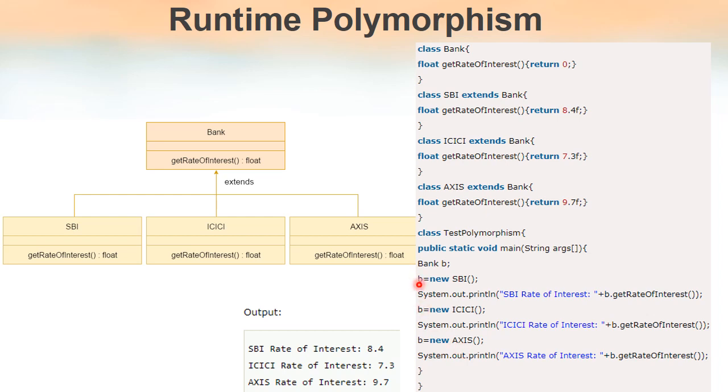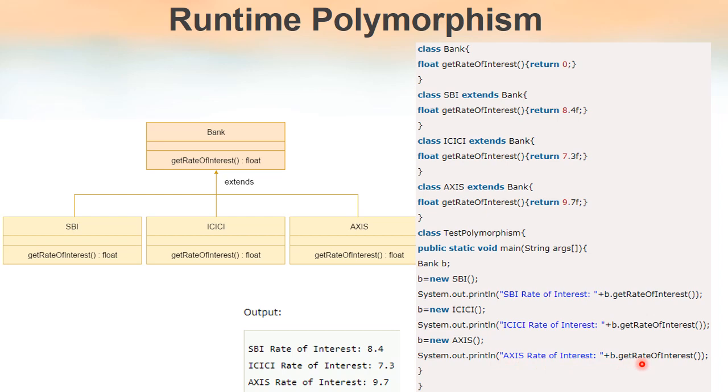Okay, now see this, we have used the same variable here: B = new SBI, B = new ICICI, B = new Axis. This is possible because the type of B is class Bank, which is a parent class of these three classes. That is why these lines are possible, otherwise it's not possible.